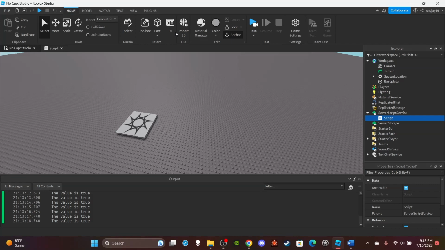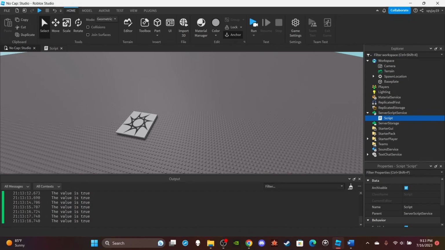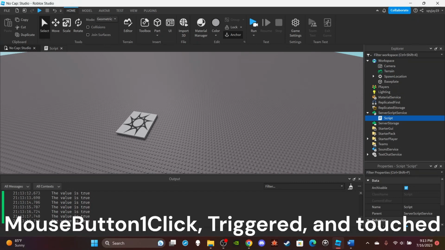But yeah. Lastly, we have built-in functions. Built-in functions are functions created by Roblox in order to help you handle basic tasks, as I mentioned earlier. The teleport function we used at the beginning of the video was a built-in function. 3 of the most common types that you will use on a daily basis are MouseButton1Click,